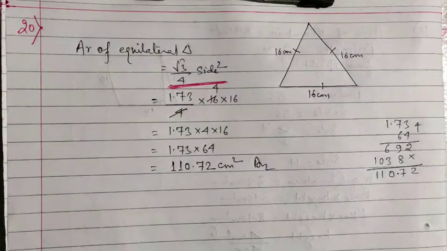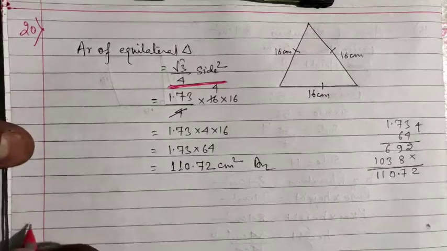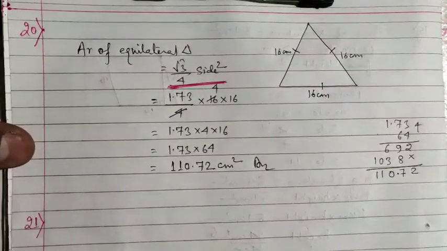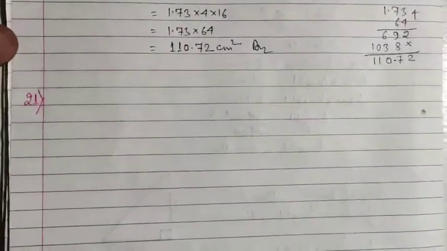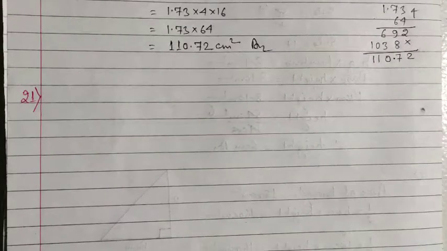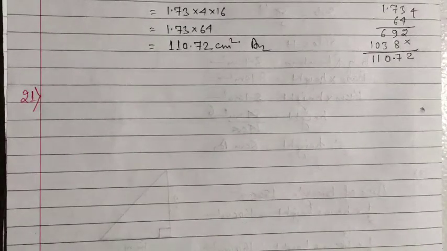Now we are going to learn the formula, that is Heron's formula. I think while giving the concept of this chapter in the earlier video I have given you the concept. Now we are going to implement that concept, that is we are going to solve question number 21, in which we are going to use Heron's formula to calculate the area of a triangle. As I told earlier, Heron's formula is used only when all three sides of the triangle are given. Now question number 21 is saying the sides of the triangle are 21.